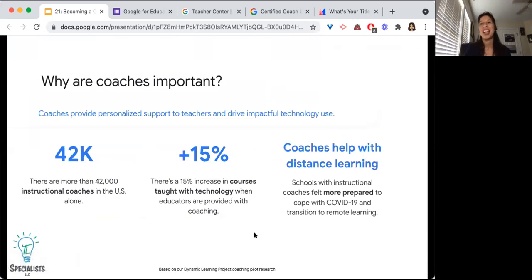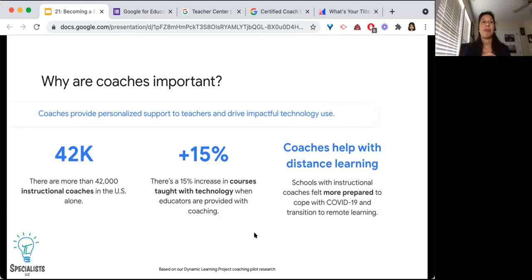But before we get into that, there's a question. So for the Google Certified Coach certification, the prerequisite is completing level 1 and level 2. Yes. So it's completing level 1 and level 2. And you want to make sure that you have 100 hours of one-on-one coaching. So it's not something where you complete the curriculum and complete the assessment and complete level 1 and level 2, and then voila, you're a coach.